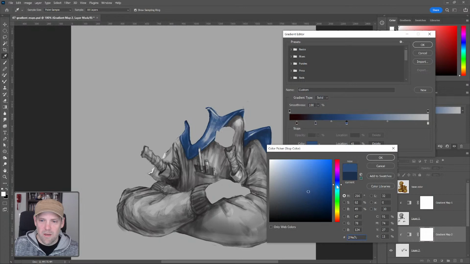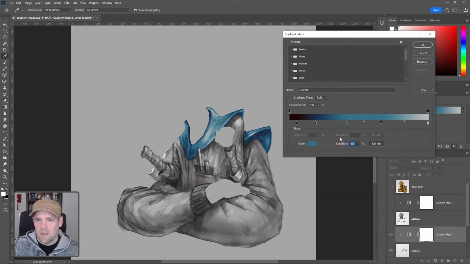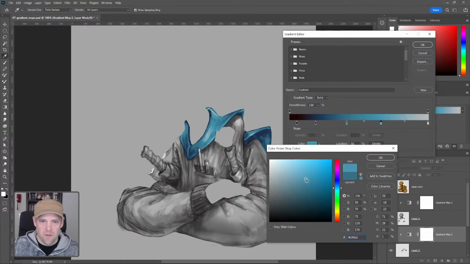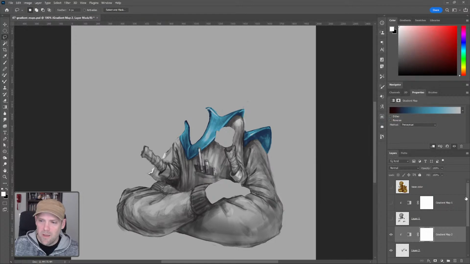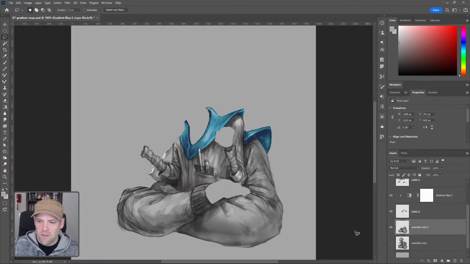I'm going to bring it back up, maybe alter that blue a little bit towards the green, more of an aqua. I don't think we really want to mess with this level. Maybe we do, maybe slightly. Okay, there we go. Press OK, and then we only have this last example left, which you can see if